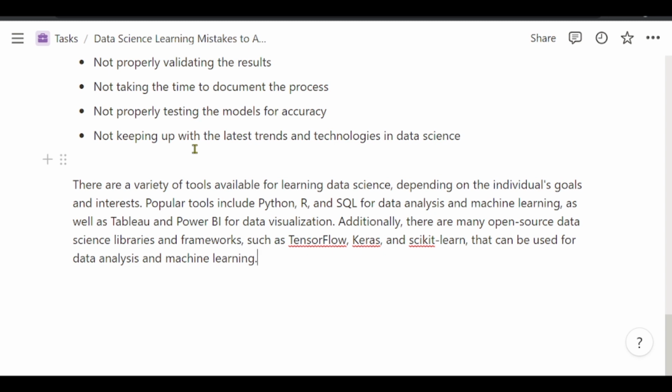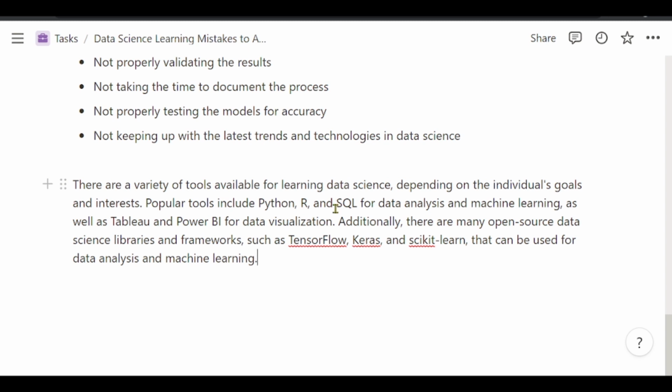Now, popular tools include Python, R, and SQL. These are programming languages for data analysis and machine learning. Many times, beginners in the data science learning field are so quick to jump into programming languages like Python and R, and forget that SQL is also very important in your data science learning path.